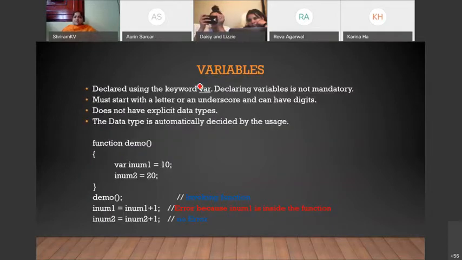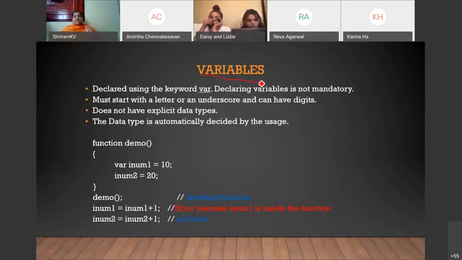Now variables. What is a variable? A variable is a particular thing where the value keeps on changing. Name is a variable, name will be changing according to who uses it. If I'm using the web page, I will enter only my name. If you use the website, you will be using your name. Likewise, phone number keeps on changing for everybody. Like that, a variable is something where the value keeps on changing.